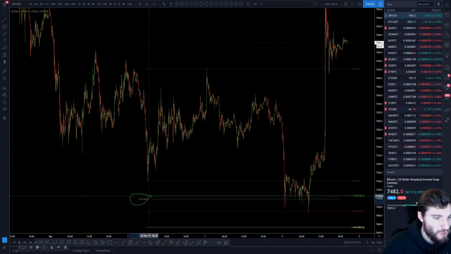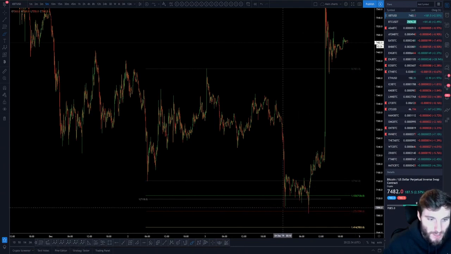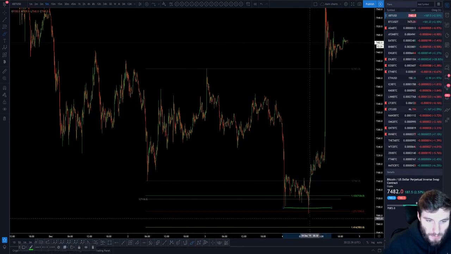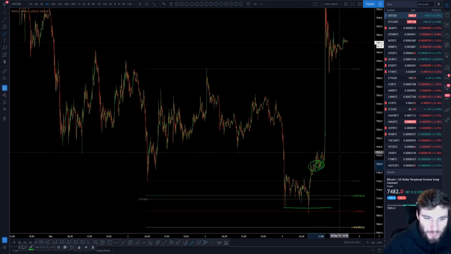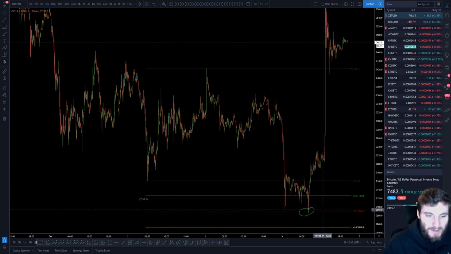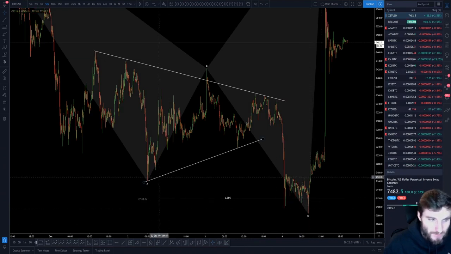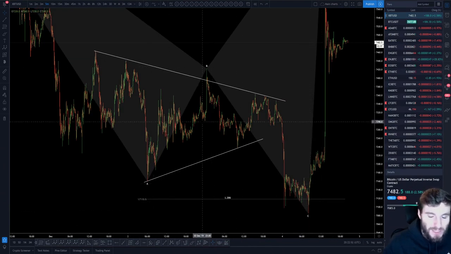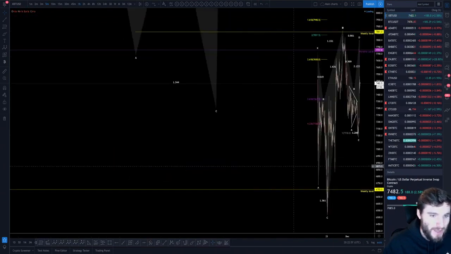So the one-to-one, it obviously bottomed out at the 1272. Obviously the swing failure pattern as well. Because I was entering into my longs a little bit higher, as I updated in the trading sheets. I wanted to wait for a trend change, but obviously what we saw there was the confluence. So as soon as I see the 1272 expansion being here, I always think harmonics, if I'm honest with you. Always in my mind is straight away harmonic patterns.